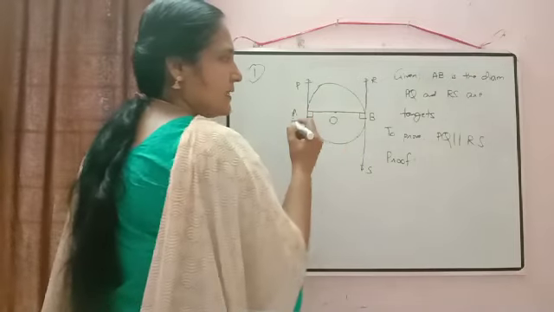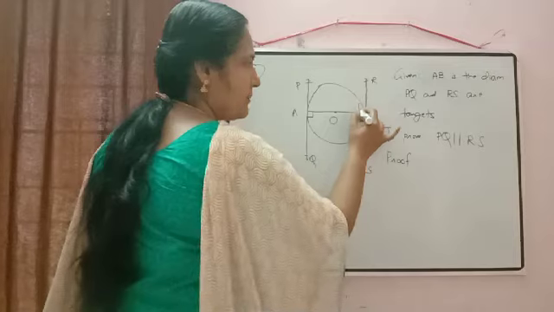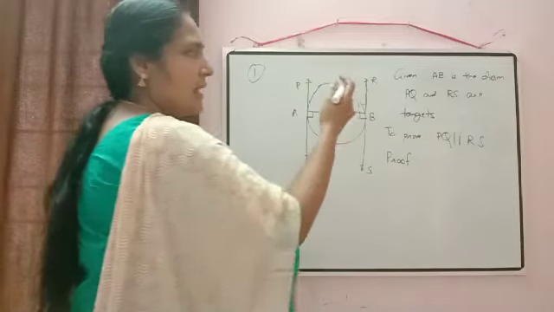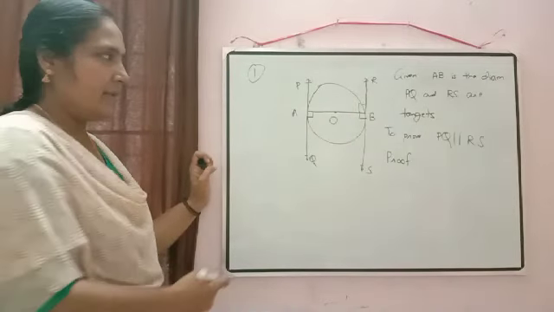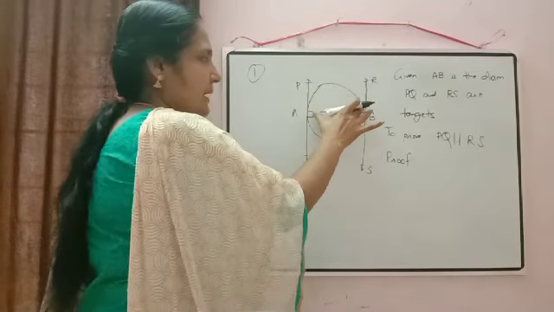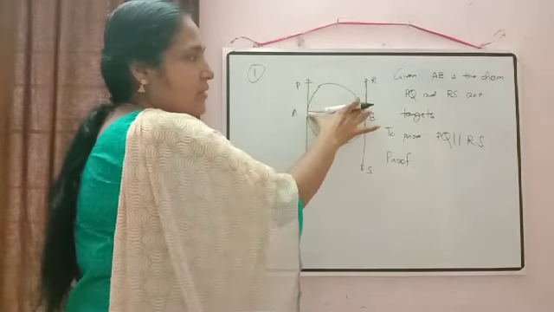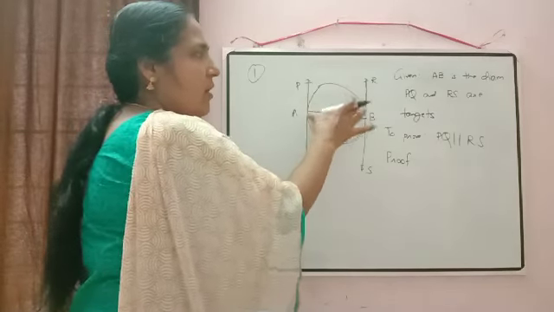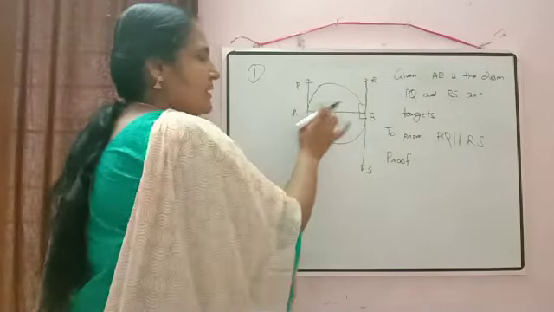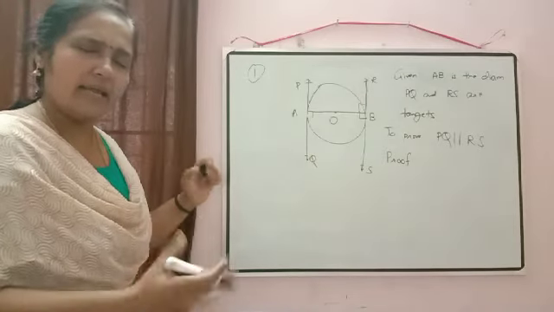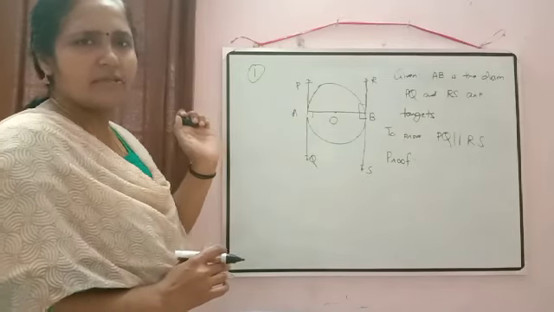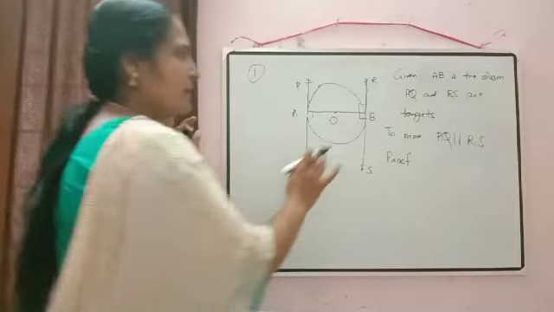Otherwise, if this angle is 90 degrees, what can you say about angle RBO? Using the property of linear pair, angle RBO will also be equal to 90 degrees. Now again, two lines are intersected by the transversal. What is the name of this pair? They are on the opposite side, so they are called alternate interior angles. You can prove this question by showing that alternate interior angles are equal. Any property you can use. Shall we use the property of interior angles on the same side of the transversal? No problem? Okay, write down all of you now.